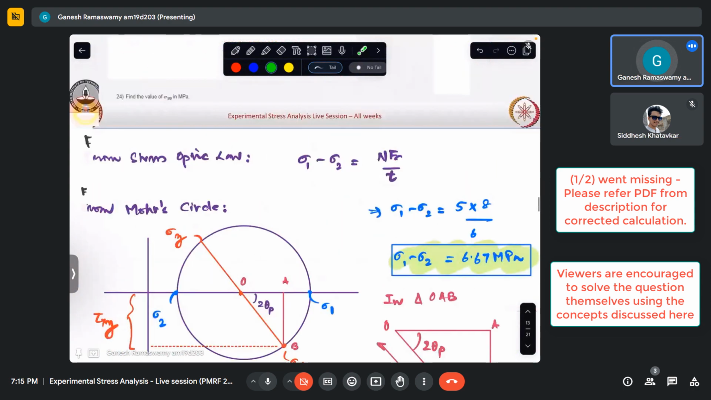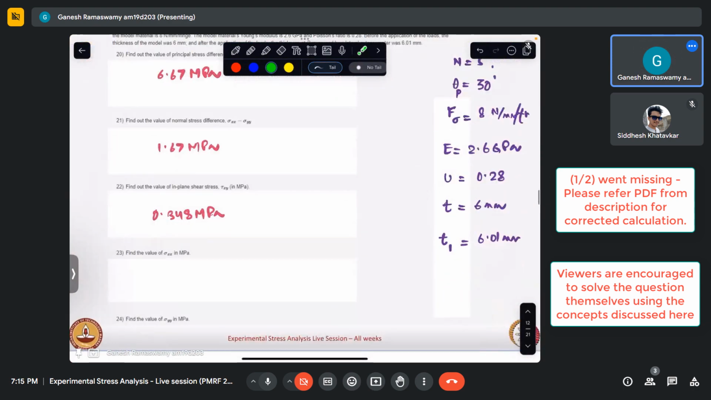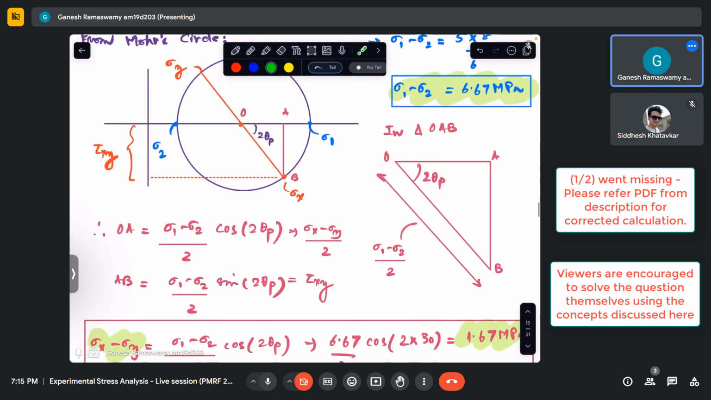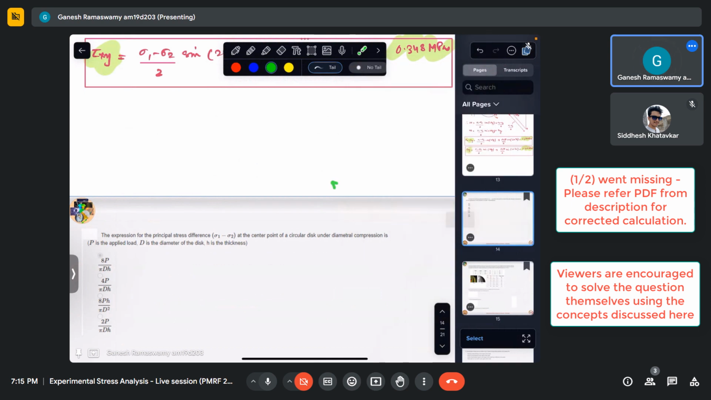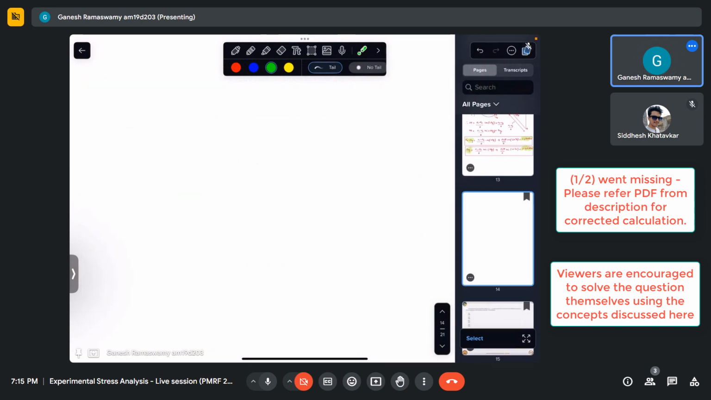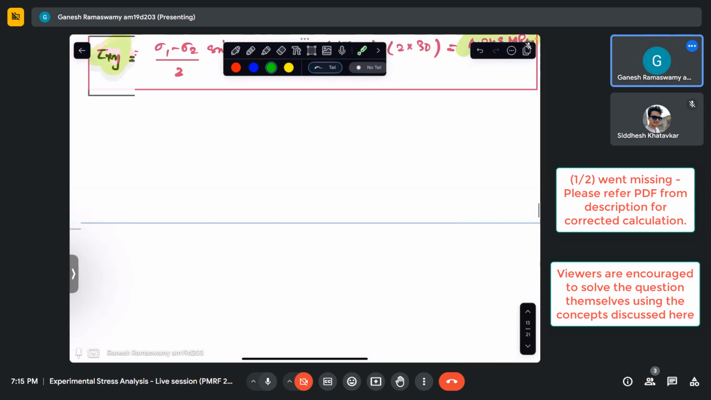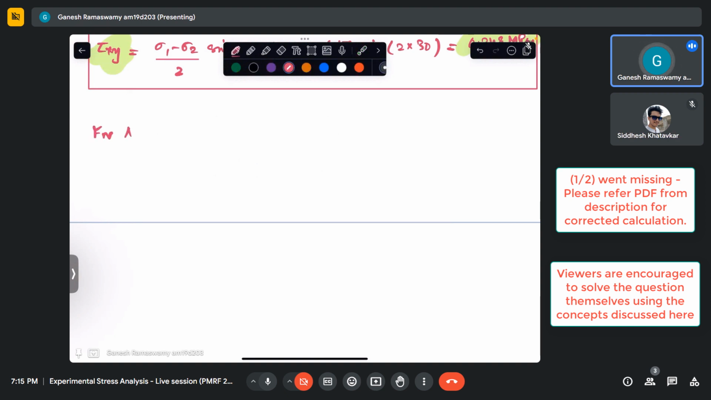Okay, so another piece of information is given in the question, that this is the material property. Initially, it was having a thickness of 6 mm. Then when we loaded it at that point P, the thickness became 6.01. So how do we use this information now? Now we know, for any material, or rather from Hooke's law,